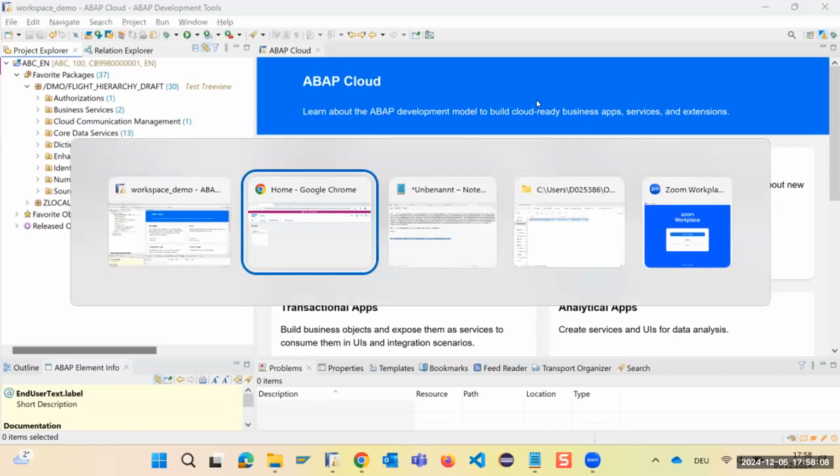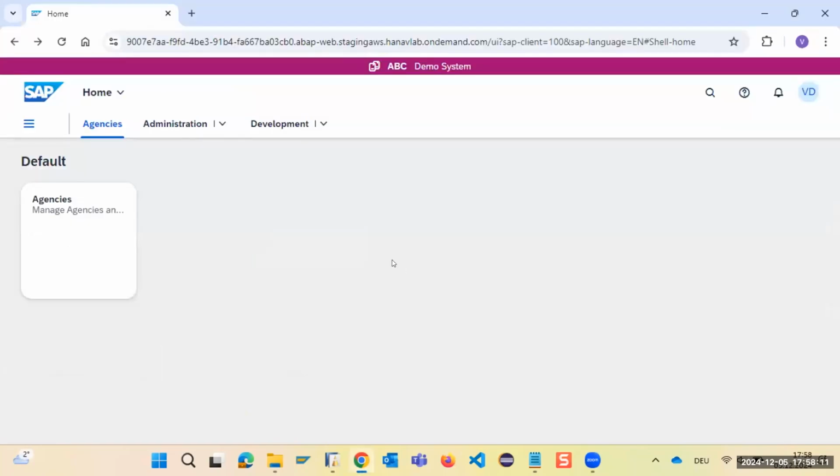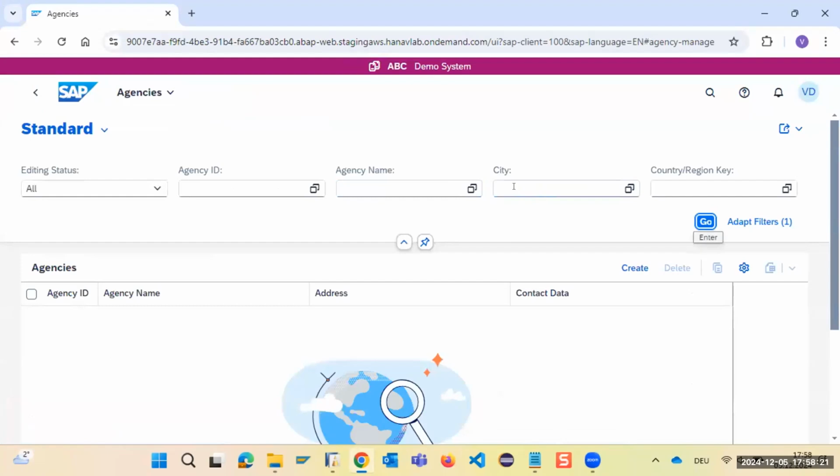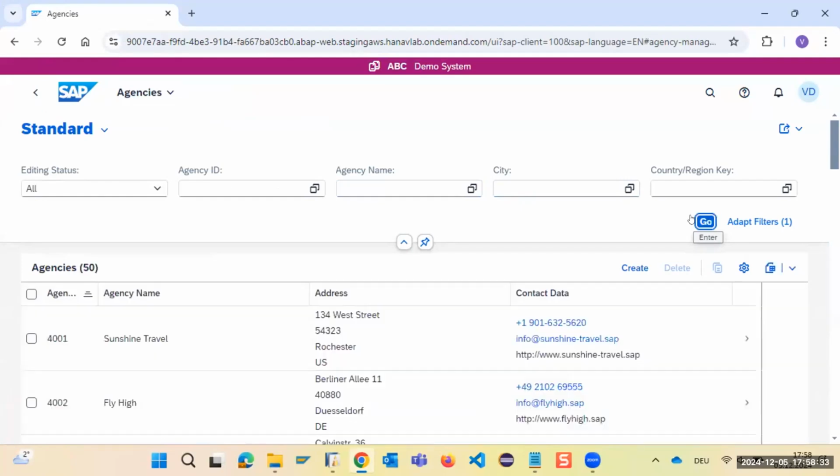I have, with the tooling that Christoph has shown, deployed the little app to the Fiori Launchpad in a Steampunk environment. And this is the application that I've built here. It is about agencies, so also belongs to the travel scenario. And it deals with the master data of agencies. And inside each agency, we have a set of employees in a tree-like, hierarchical manner.